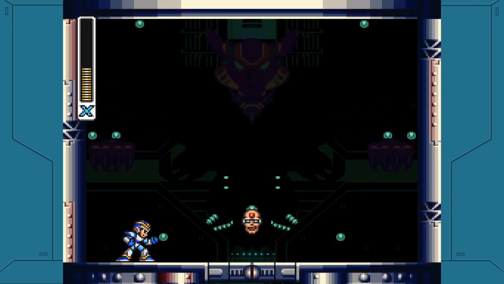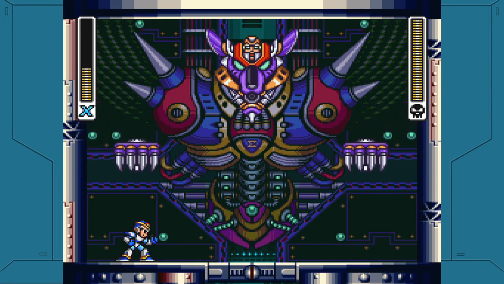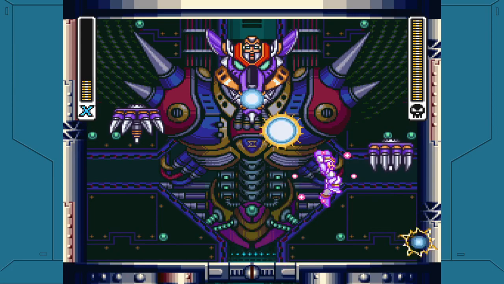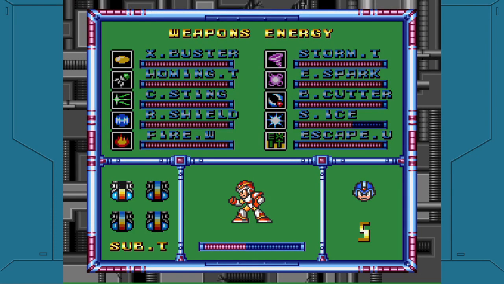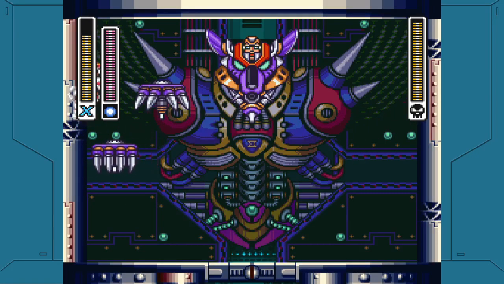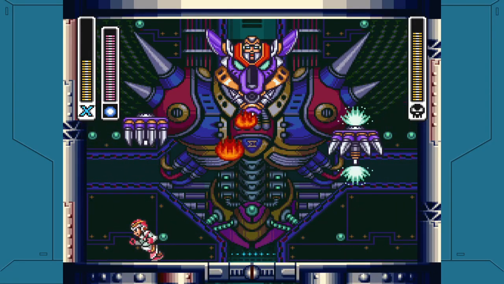The irony is that Sigma's easier to defeat than his dog. Until now. Let's see here. Yeah. I believe... Yeah, he's...